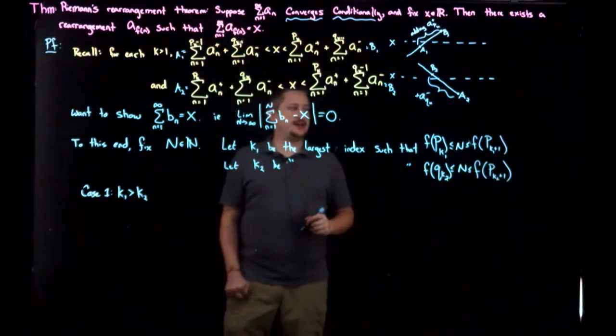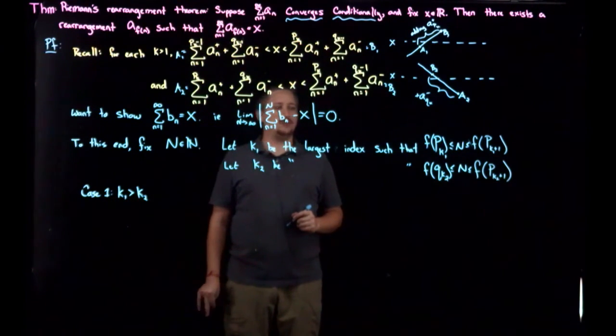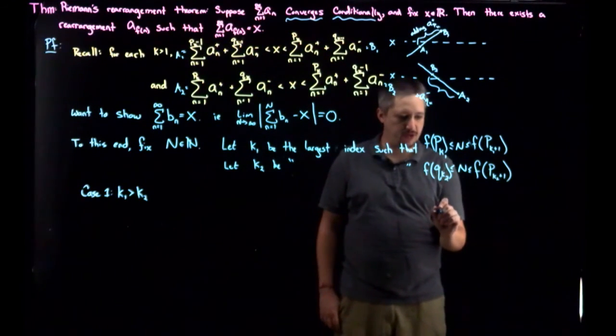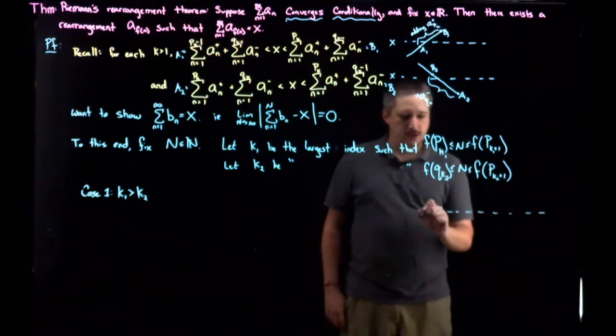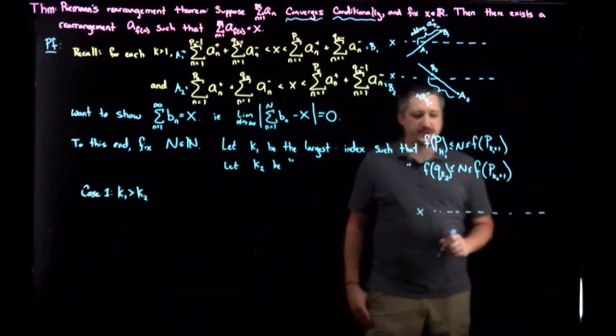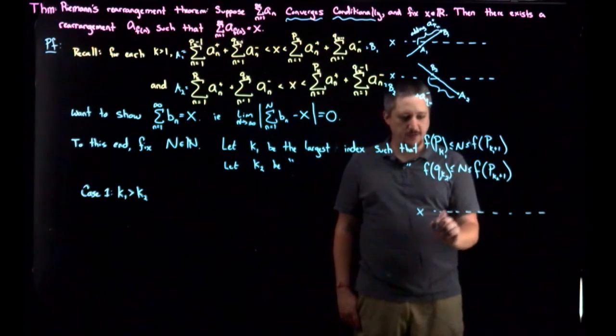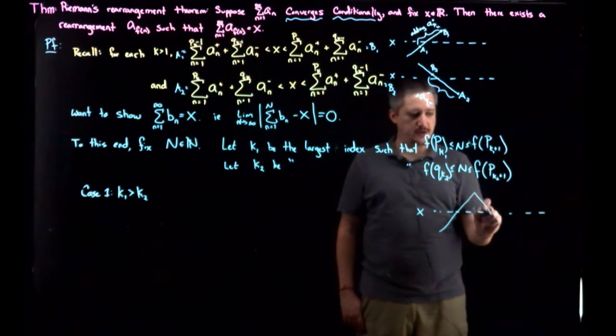So if I'm assuming that K1 is bigger than K2, what this means, so again, I'm going to draw the picture, which I keep threatening to draw, so now I'm going to draw it. Again, we have the line X here. We have a running sum, so I'm going to draw the running sum like I've been doing, and the running sum is going up, down,